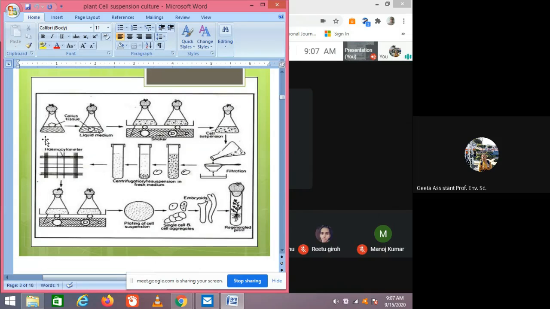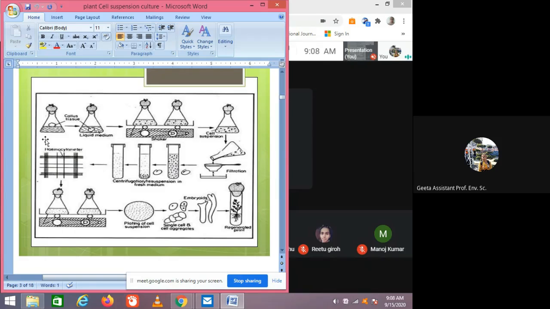Here, firstly, you have to grow any plant in a media containing cytokinin and auxin in a defined concentration, and then there is a formation of callus tissue. Callus can be formed when the media contains a higher concentration of 2,4-D. Then this callus culture is transferred from solid media to liquid media. When it has been transferred into the liquid media, the growth and the proliferation of the callus